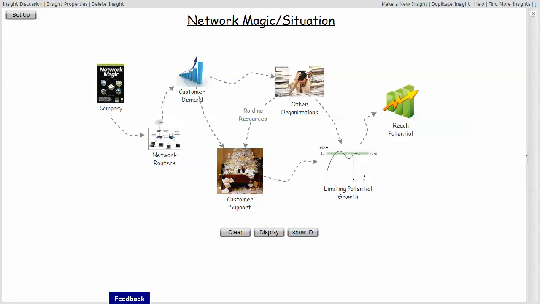For the Network Magic systemic strategy development example, we started with a high tech company called Network Magic, which has developed a set of network routers that have a very attractive price point to the market, and the company has been growing by leaps and bounds. As a consequence, they have not been able to staff up rapidly enough to satisfy their requirements for resources to be able to adequately respond to their customers in the customer support organization and the rest of the organization, to be able to grow and develop and meet the developing demands.